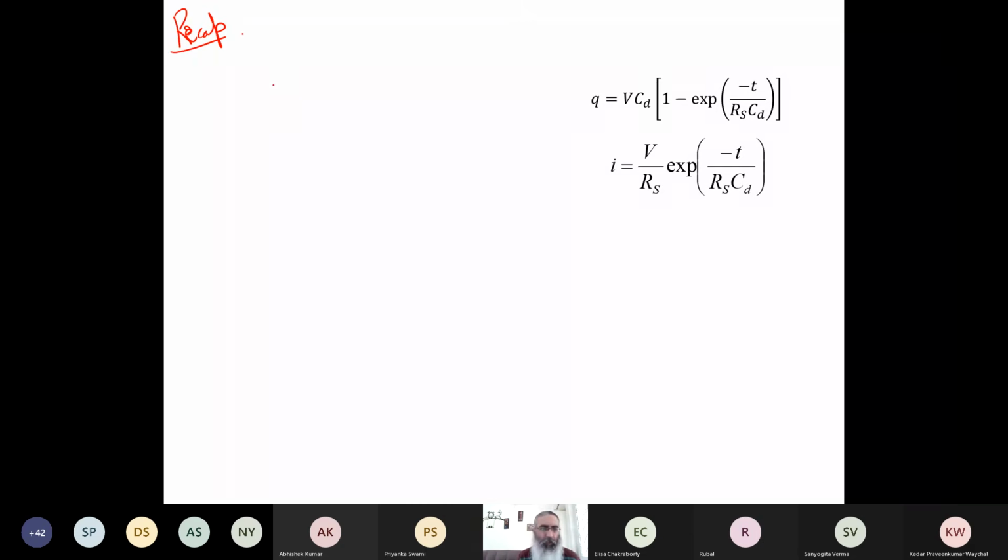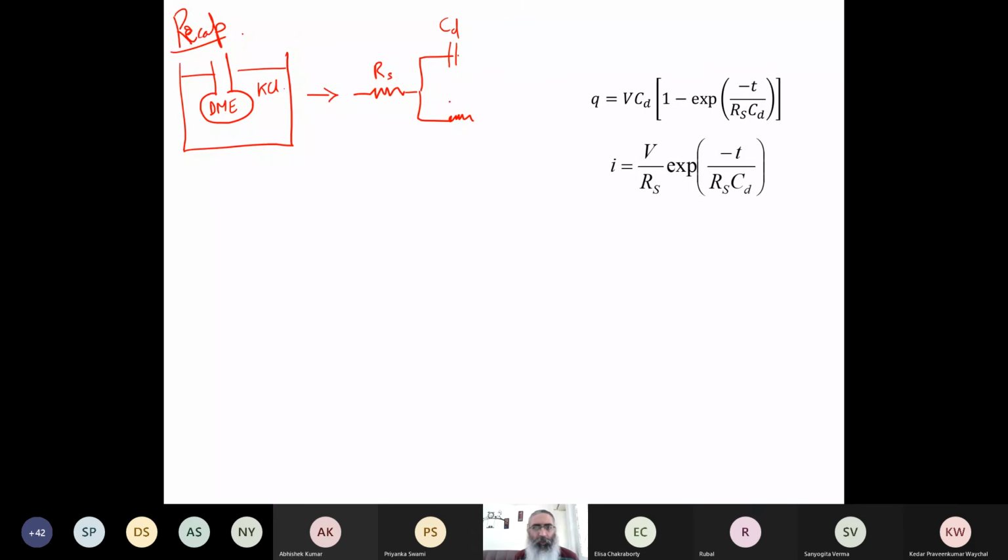What we were looking at in the last interaction was to model or understand an interface. For example, we took a nice, well-behaved interface, a drop-in mercury electrode in potassium chloride, and this we approximated to something like an RS, and we had a CD component and an RF resistor component. So this is the equivalent circuit that we arrived at